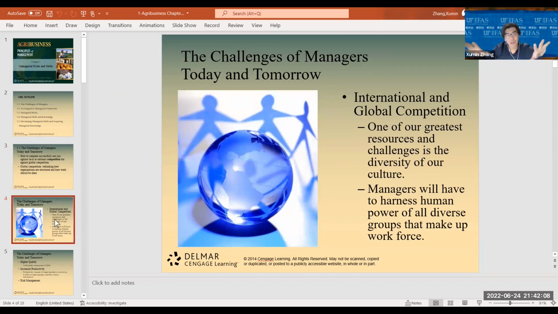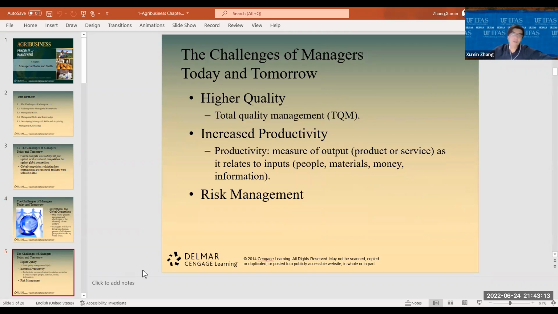I just briefly tell you, not only inside the organization but outside, we will have a chance to talk about outsourcing. Outsourcing means that your company wants to reduce the cost. They will move or hire some supplier or other company to fulfill one of the functions. And the other challenge, we talk about the quality requirement. I intentionally skip TQM, total quality management. It is management for sure, but it's another branch. We call it quality management.